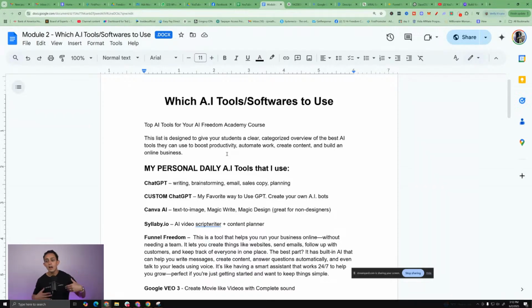Now, moving forward, I want you to understand that AI can pretty much do everything that you need. You just have to know which tools to use. And that's what this video is about, so that you now know which tools to use in whatever you're doing, creating content or creating images or creating text or whatever it is. That's what this is about.